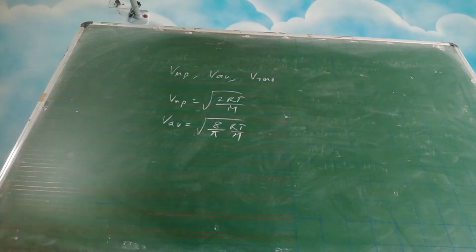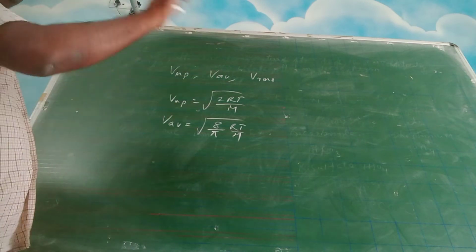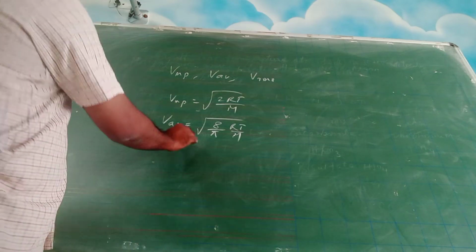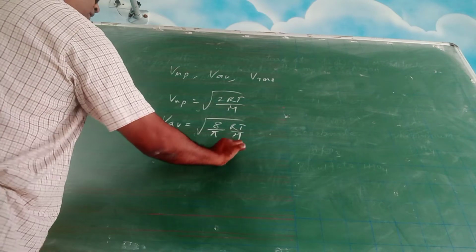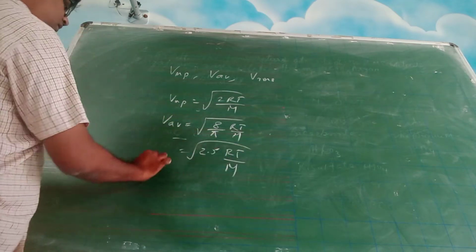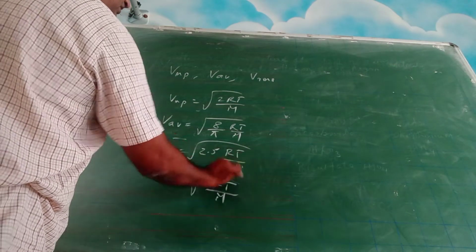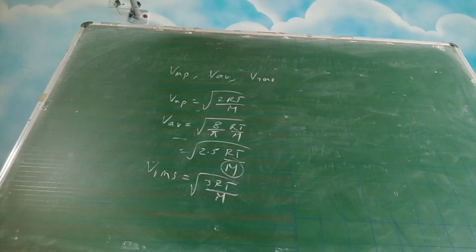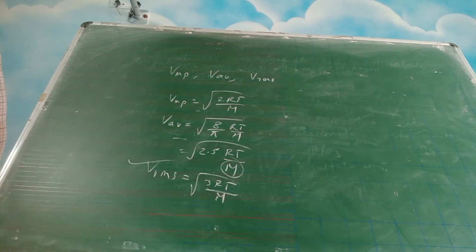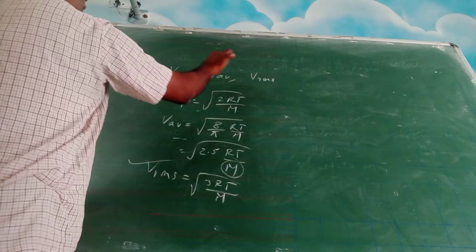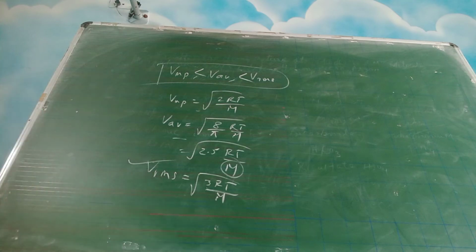In the previous class I think I made a small mistake. I don't know how to do this video editing, how to put text and all those things, so I cannot go there and edit or change it. Just make this correction: 8 upon pi is approximately 2.5, so root over 2.5 RT by M, and you have RMS, which is root over 3RT by M. What is this M? It is the molar mass, right? Now in these three speeds, which is the maximum? This is the maximum. For any gas, it is like this only.